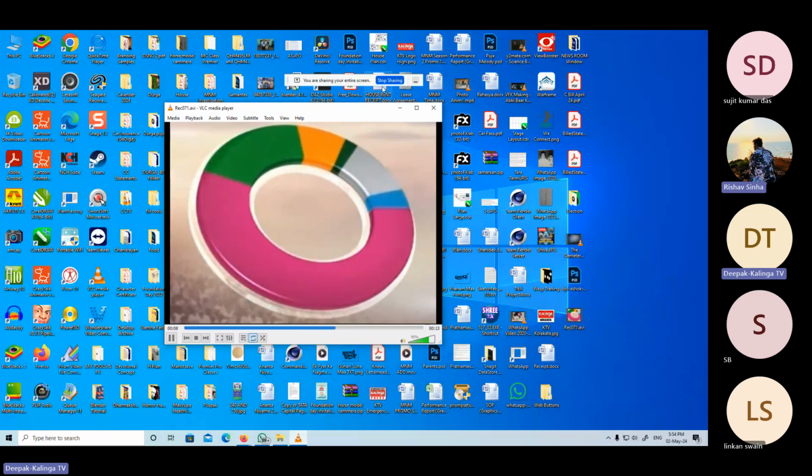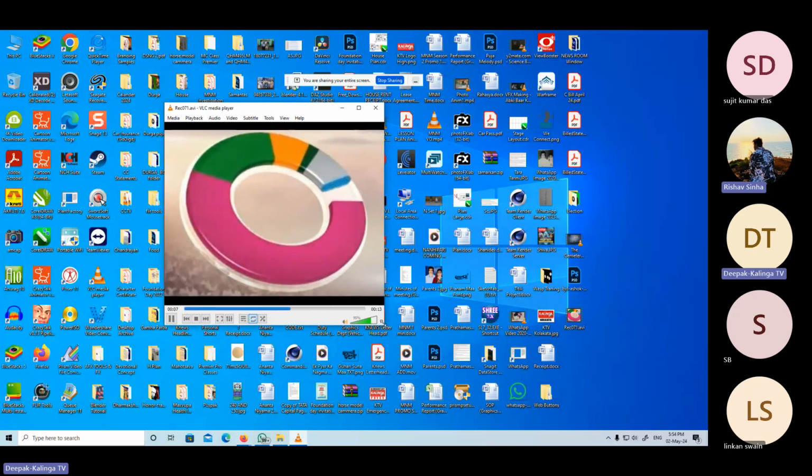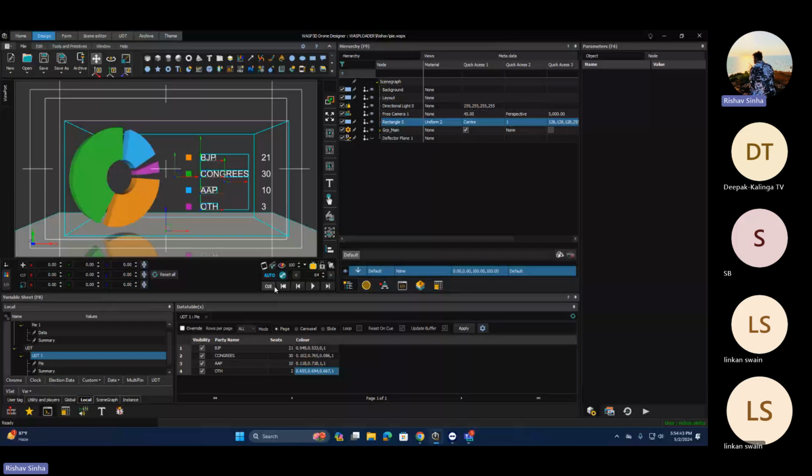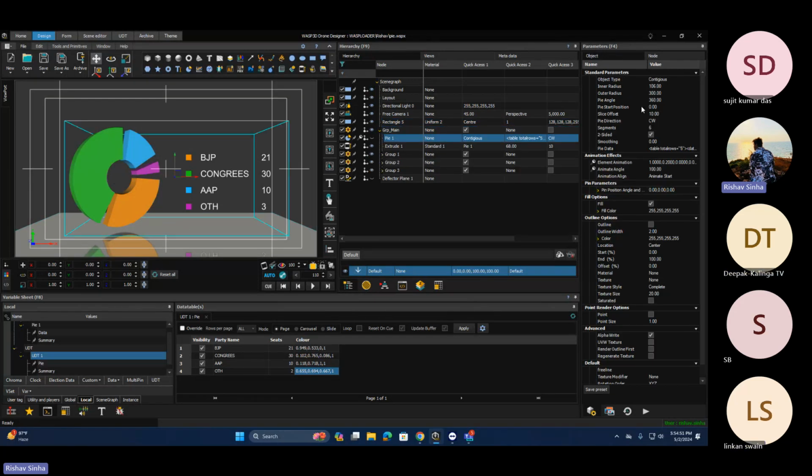I think you already know how to create materials and textures and how to use those options. So you need to create a glass material. After that, if you talk about the pie animation, you can see first of all this color comes, after that the second color, then the third and the fourth, fifth, like this. It totally depends on the offset. Now if I share my screen, I'll show you. You can see I have created this. You can see there is offset. In your pie there was no offset. So if I go to my pie and set the slice offset to 0 first,